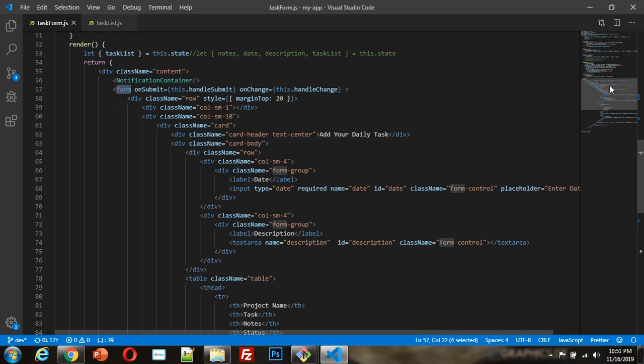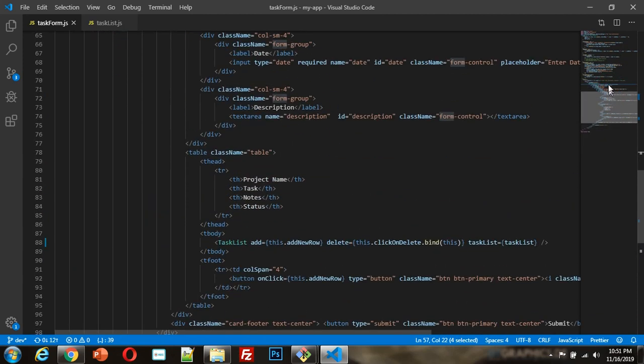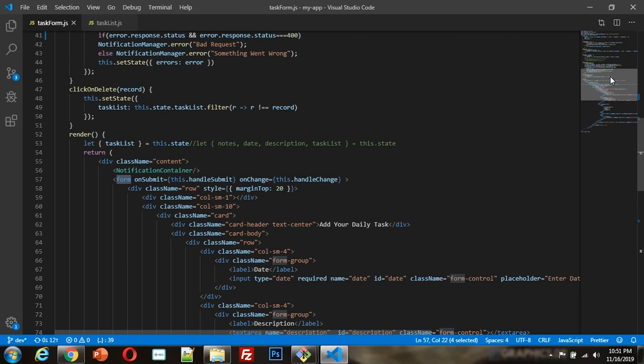Here is the opening, and here is the closing. On submit, this.handleSubmit method will be called. And on change, suppose in any field of the form I change something, that will be handled through this method.